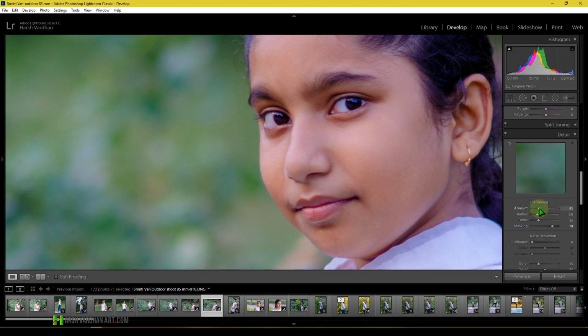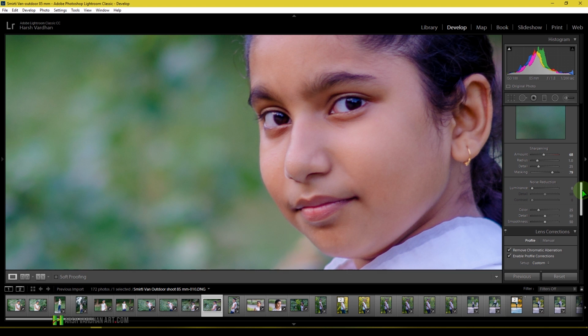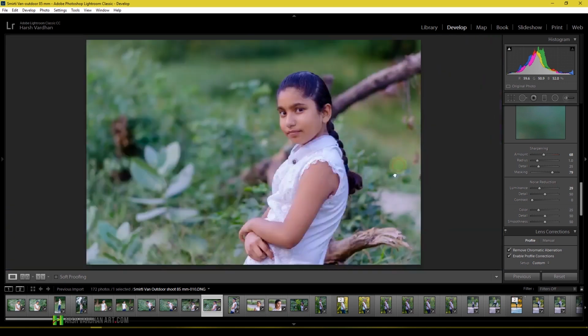Okay, and then we can adjust the sharpening option or the slider. So if you want to sharpen it even further, you can do that as well. And don't touch the radius and detail, they work best with the default position. And then we have the noise reduction. So if I increase it, you can see the skin becomes softer and it takes away the grain and the noise from the image. Okay,